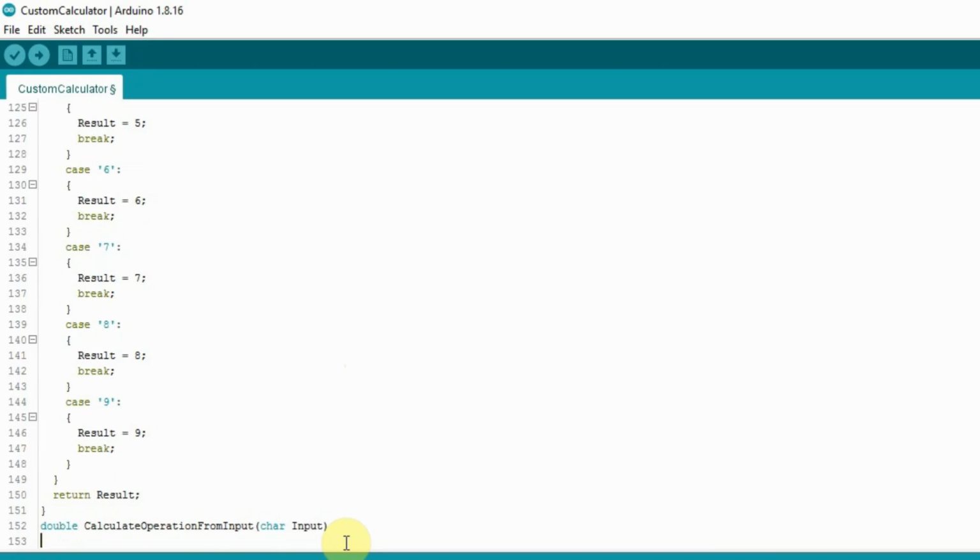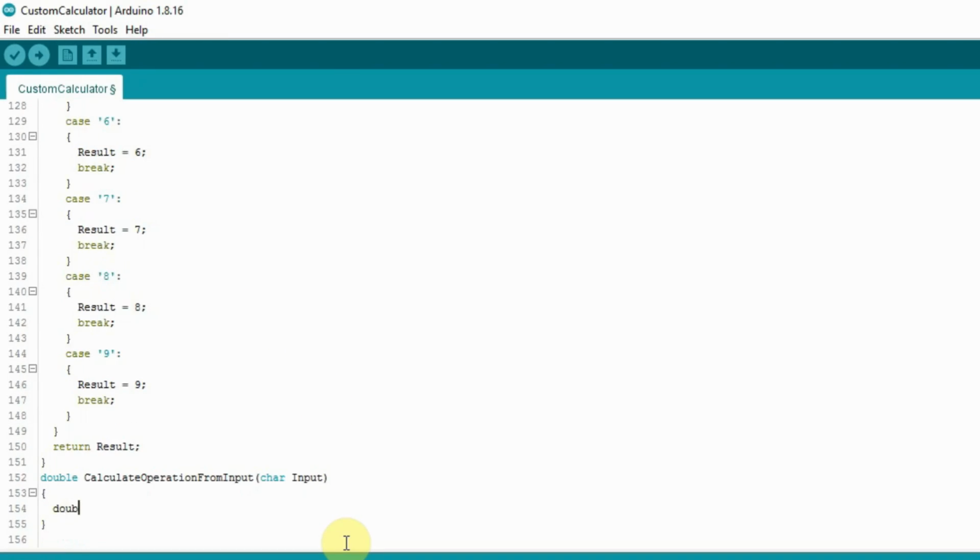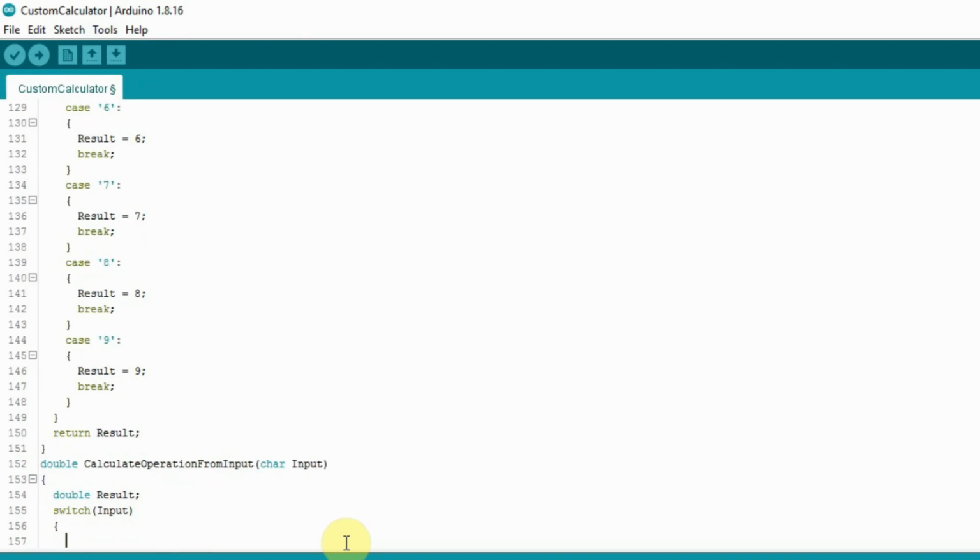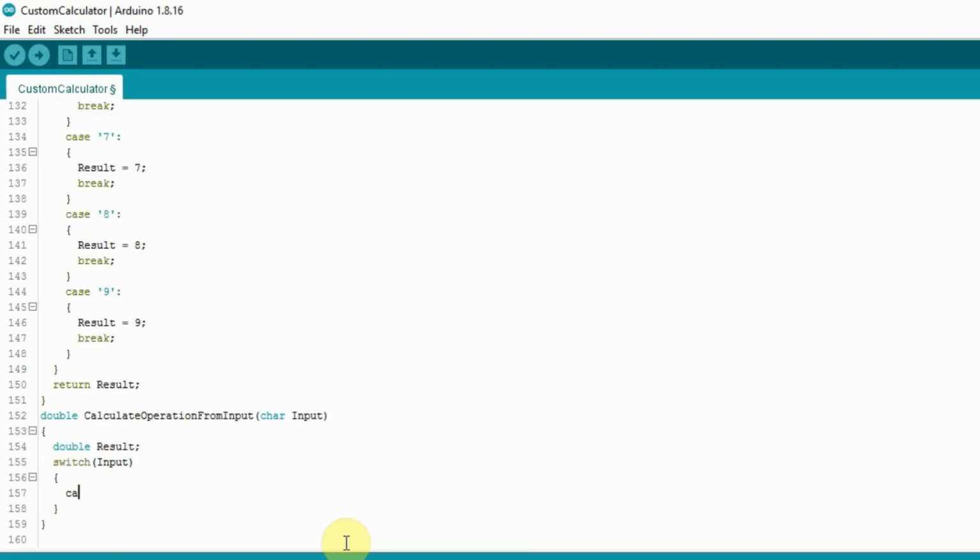Let's start writing the function calculate operation from input. This function takes the operation character as a function parameter and returns back the extracted operation of type double. As I've used in the earlier function, I'm using switch cases in this function again to extract the operation entry